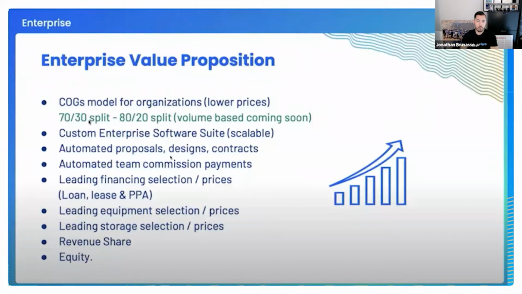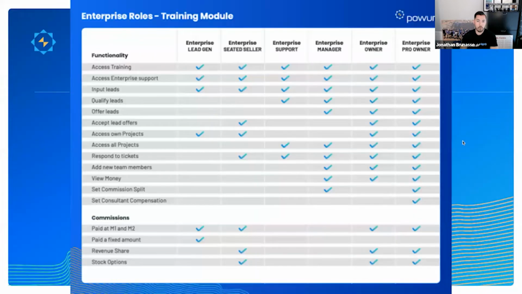These are some value propositions when you're pitching an enterprise. You get access to the Powur platform. Your team all gets the training, the proposals, the designs, all the contracts. It's all managed by Powur. The automated commissions: you don't have to pay your bookkeeper payroll to do tons of work now. It's all done for you. You get access to the best loans. There's a loan rebate, right? The fifth income stream right now. You get access to the best RECs, Hanwha, Solar Edge batteries, Enphase batteries, all that stuff at better prices than most everybody. And built-in revenue share, and of course, equity stock options as well.